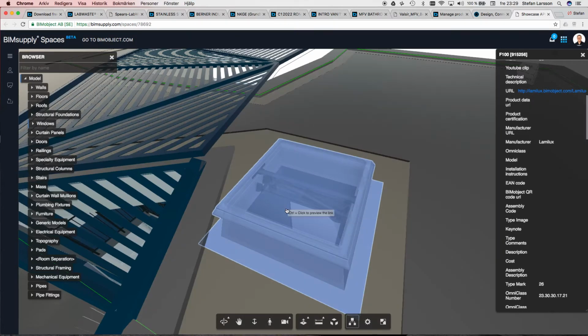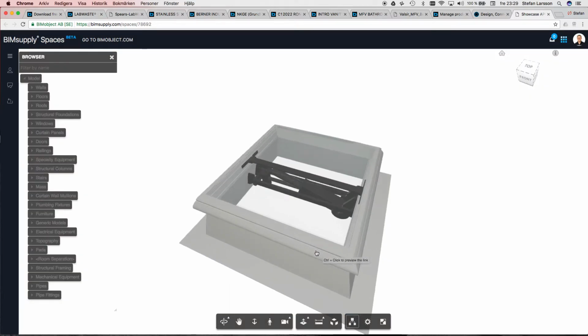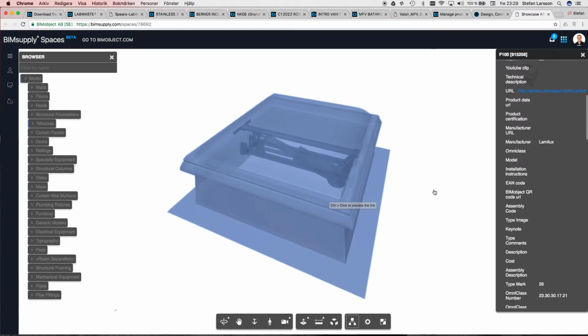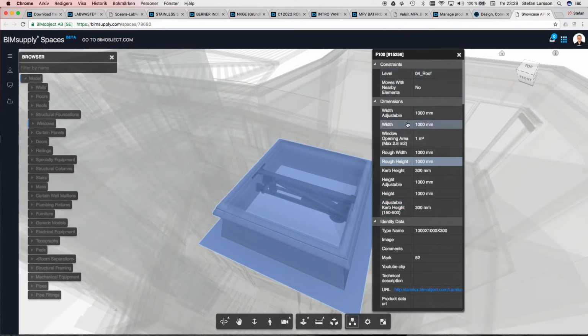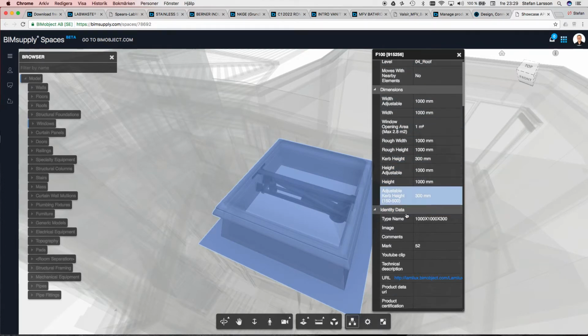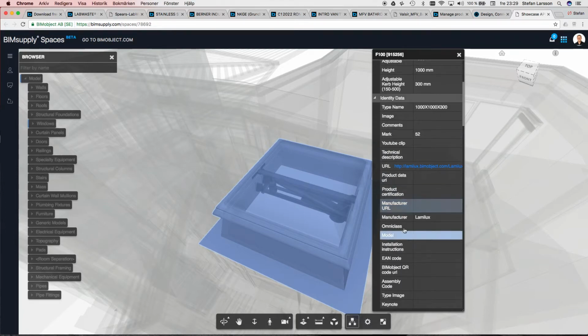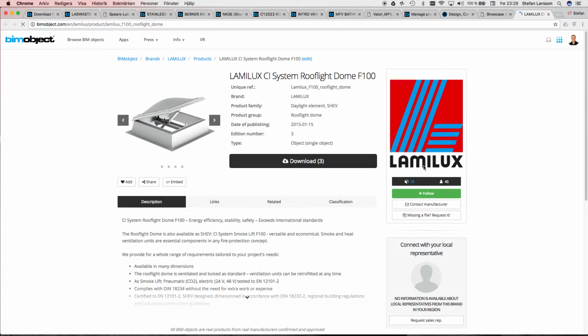We can also focus on this one, so we can isolate it. Now we only see this product. What you see here are all the different properties in this object, in this model. If you look at the different ones, we can again use the call home function, the URL. Clicking that will take us to the product page, which contains the original one, where also all the other